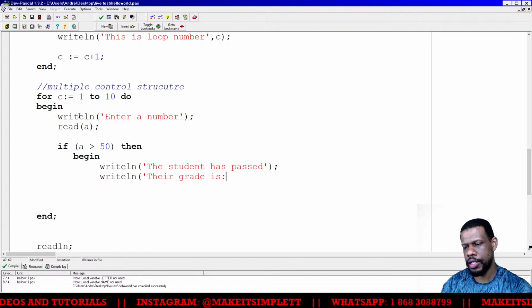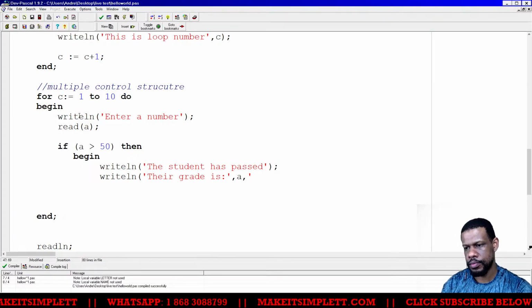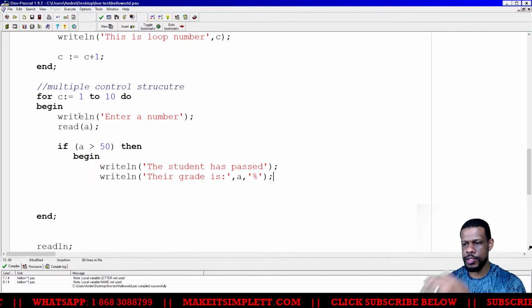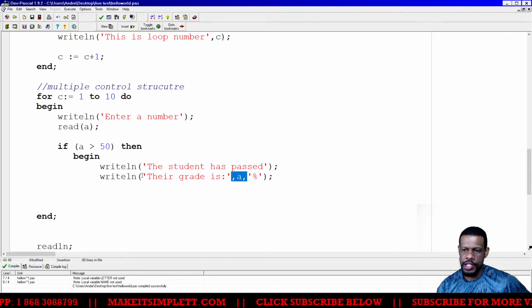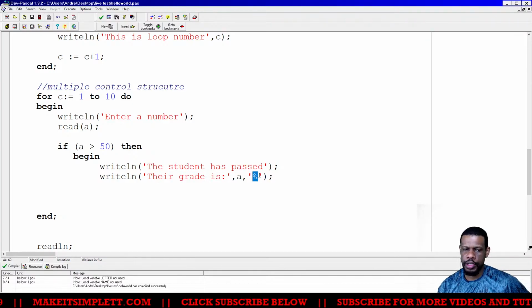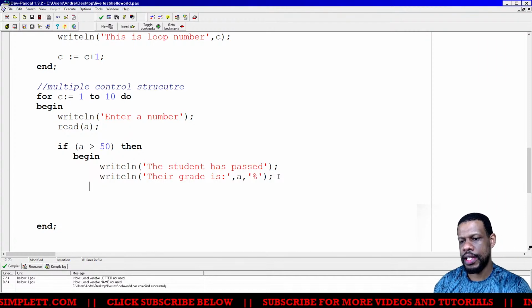So I'll put their grade is, and I'll put single quotes here, comma, A, and then I'll put a comma, and then I'm going to put the percent symbol. Percent. Right, so that way it's going to print. This is a way to print the variable and then print more words after. So I print the words here, print the variable, and then I print the percentage sign after. Then I can put end here.